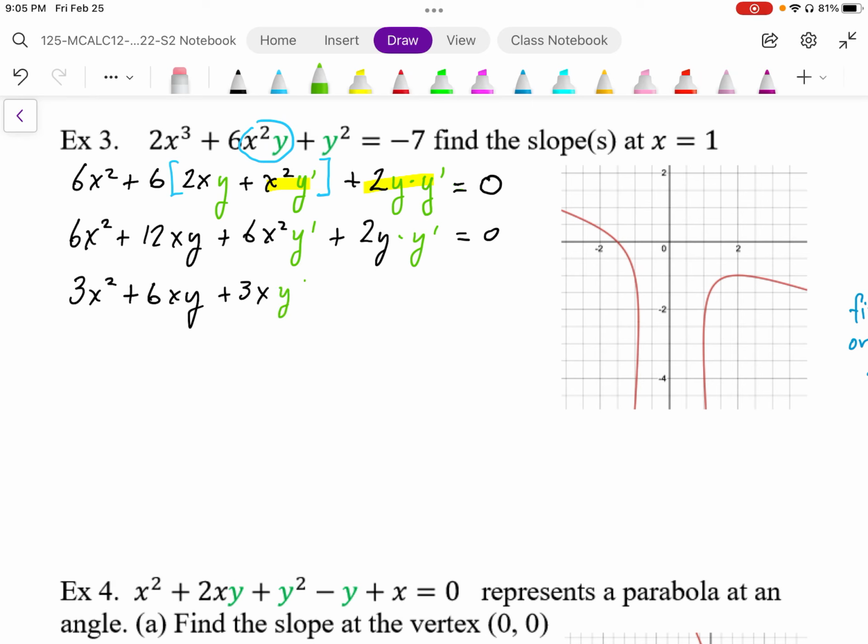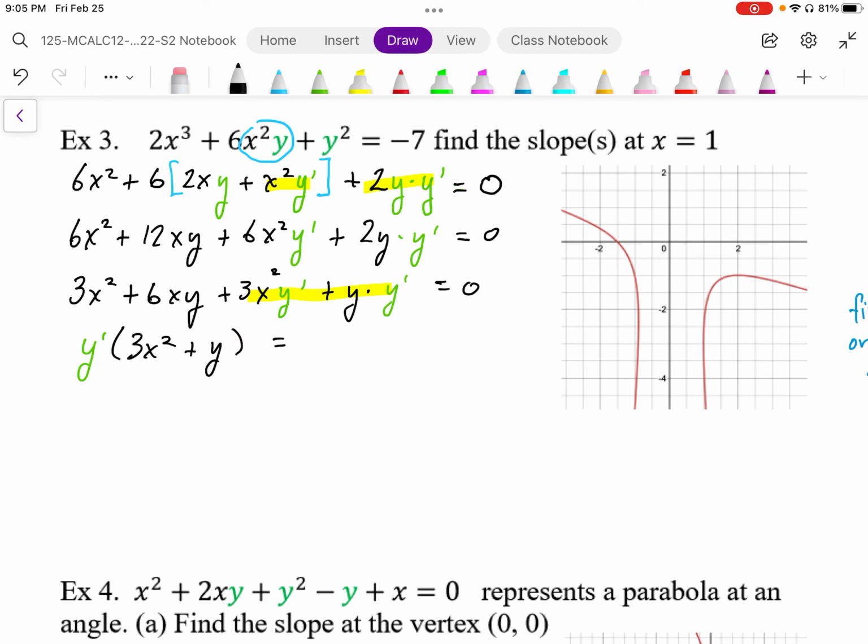So again, keeping track of my y primes, plus y times y prime, and that's equal to 0. So I'm going to group my y prime terms. That all gets grouped together, so I'm going to factor that. So y prime, end up with 3x squared plus y. Okay, so those are my y prime terms. And then